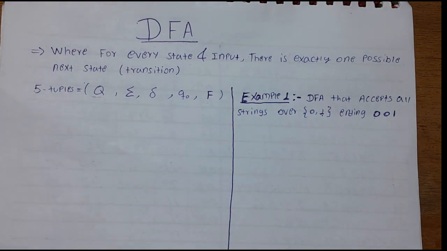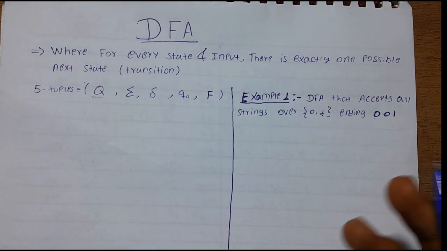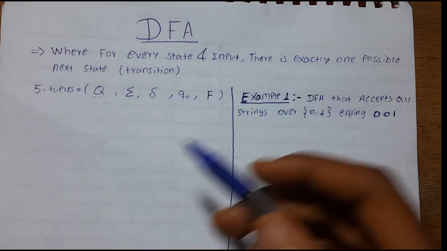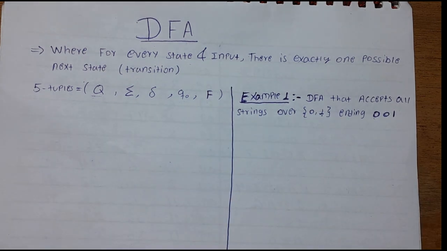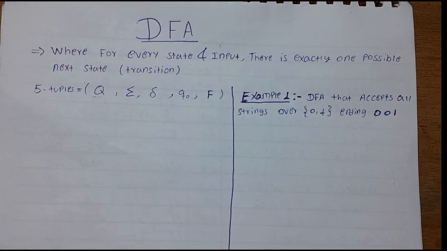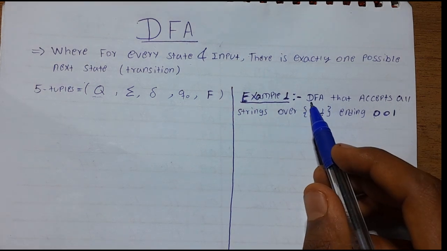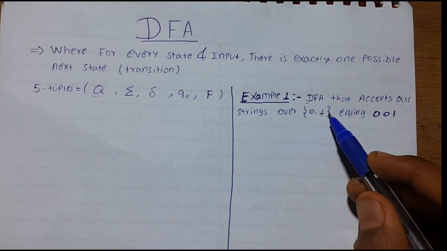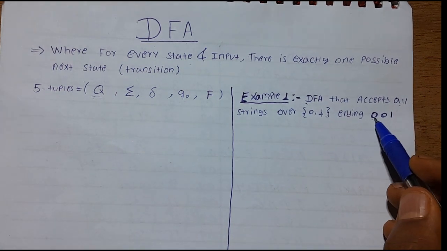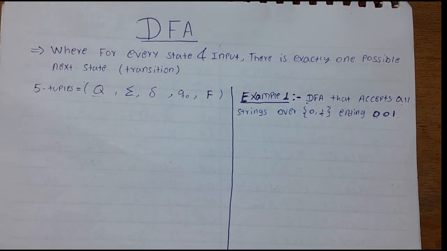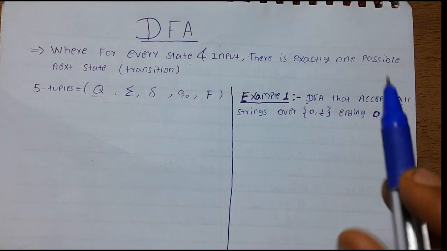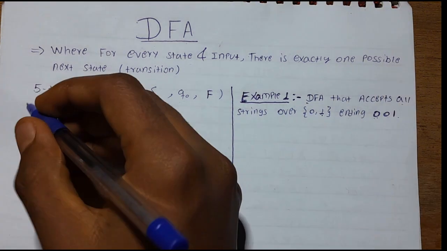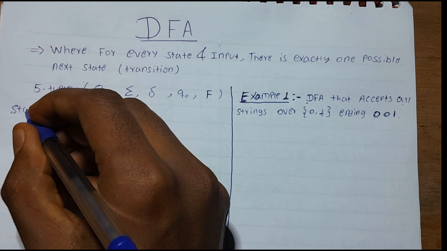In today's video, we will see an example on how to construct deterministic finite automata, and we will do it step by step. So let's see the example. Okay, construct a DFA that accepts all strings over 0 and 1 ending in 001. The first step is to identify the 5 tuples in this example. So step 1,